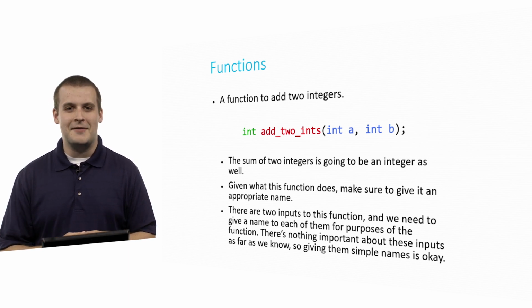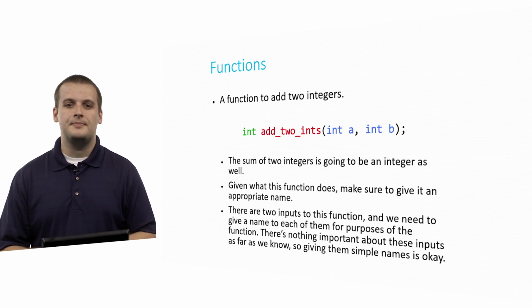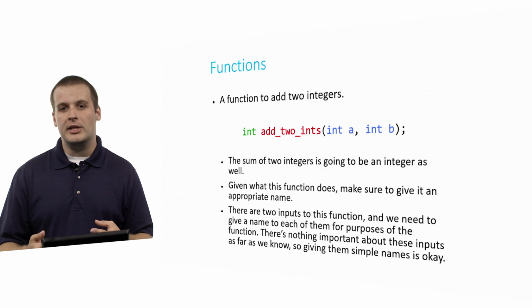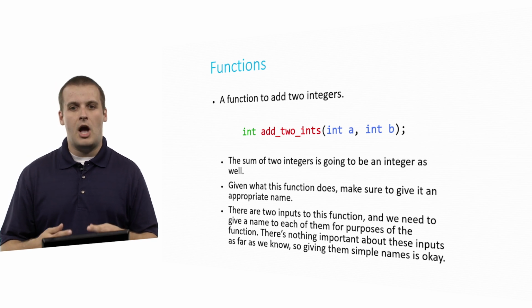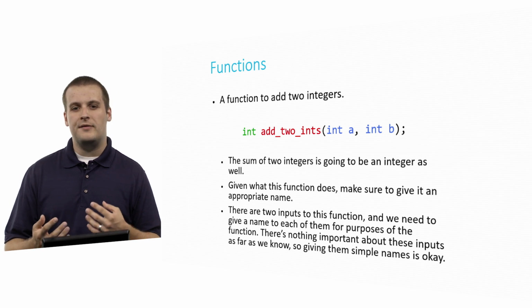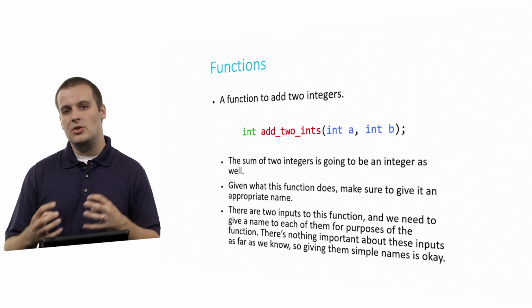But let's just say, for the sake of argument, that this function is useful, and so we'll call it add two ints. Lastly, this function takes two inputs, each of which is an integer. So we have this comma-separated list of inputs. Now, we generally want to give a name to each of them so that they can be used within the